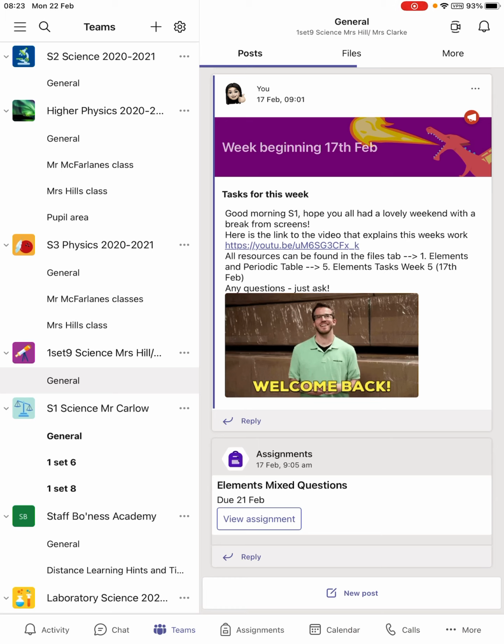Well done to those of you who completed the tasks for last week, some really good work coming in, so keep it up. Okay, for this week, just to show you where you're going to find your resources,